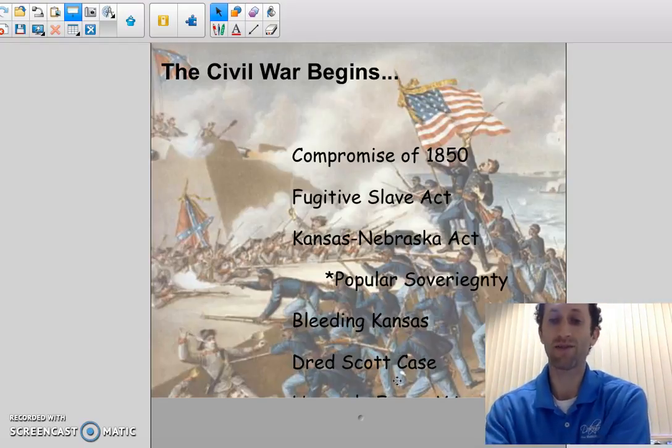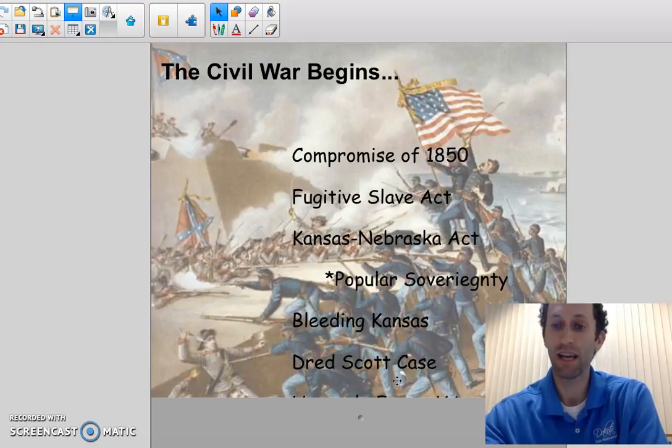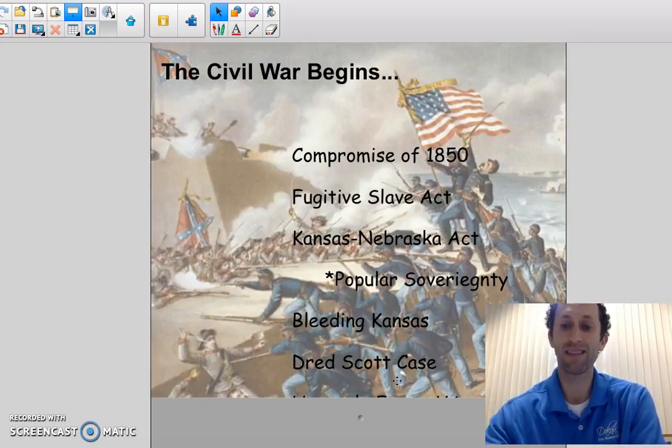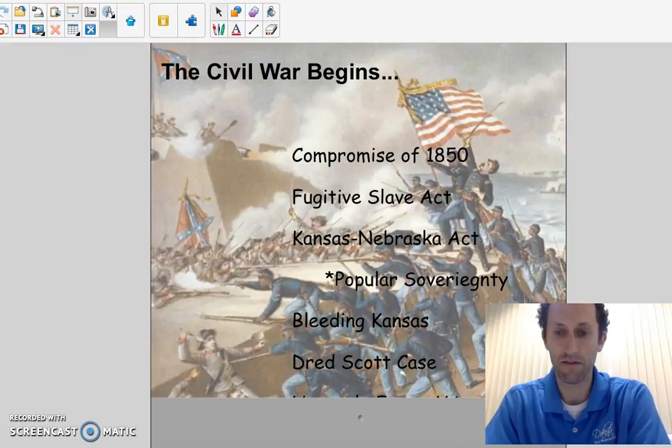Number 1 was that Dred Scott was still a slave. The second one was that Kansas government or Congress had no right to take property away from people, and that slavery cannot be prohibited in any territory. This made the Missouri Compromise unconstitutional. Don't forget that.